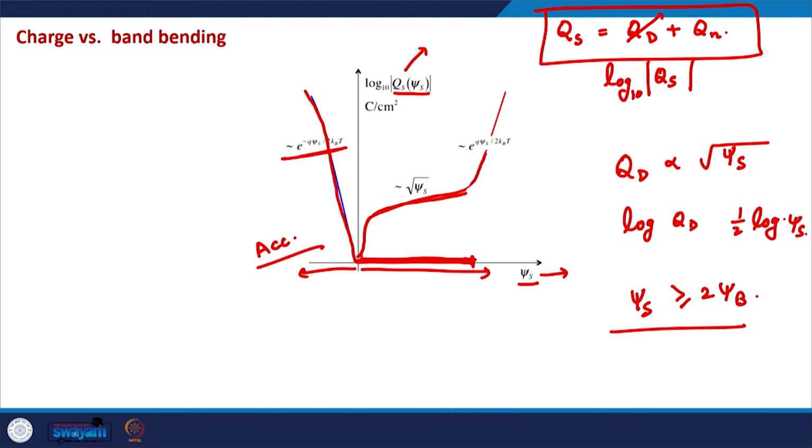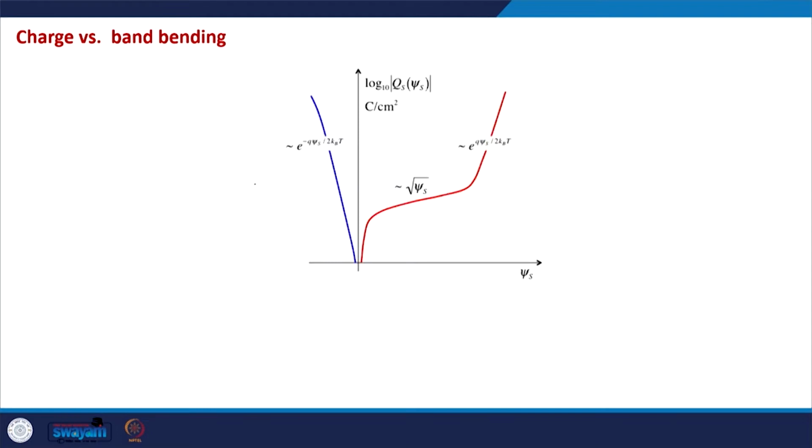So again this plot of Qs versus psi s follows the exponential path. So this is, I would say, an important observation in MOSFET electrostatics: how the semiconductor charge, which is essentially the charge in the channel region of the semiconductor, varies as a function of